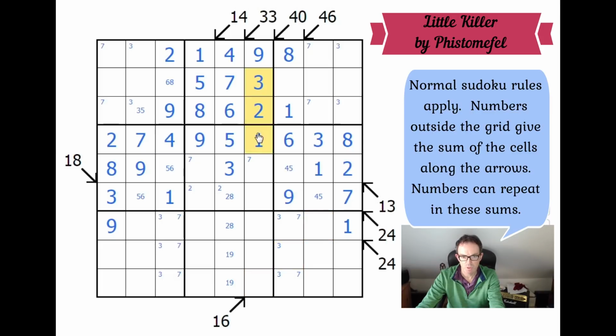And we've got a 1, 2 and a 3 in column 6 already. So this has got to be 4 or higher. Yeah, okay. So if this is anything higher than a 4, we have to repeat the 1. So if this was a 5, for example, these two squares would have to add up to 4, and that would have to be 1 and 3, which breaks. And if this is 6, these would have to be 1 and 2, and that's obviously also impossible. So this square is a 4,